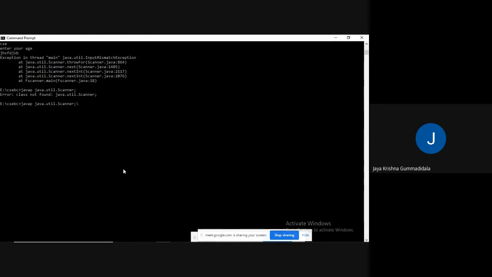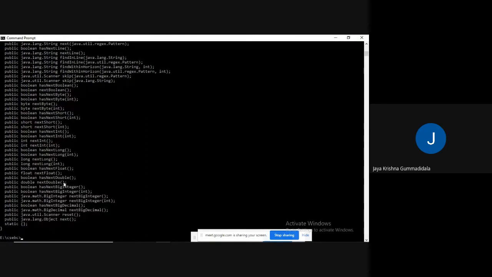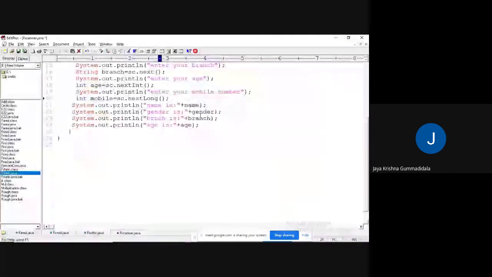You should not give a semicolon at the end. Yes, check here, the nextLong method. See, it is going to return long. So you have to use long.